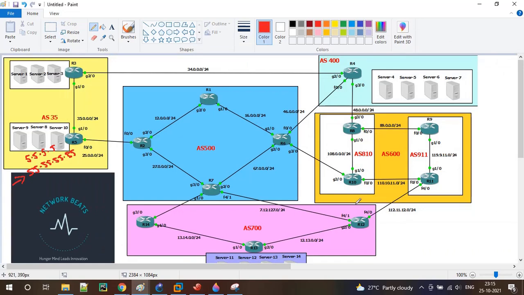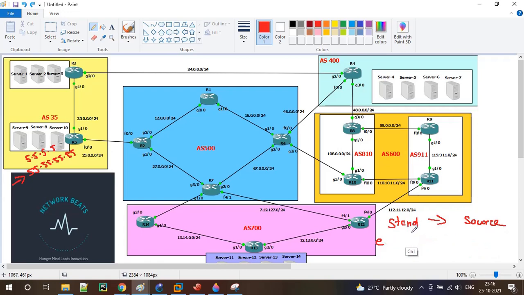In standard, we match based on the source. In extended ACL, we match from a particular source to a particular destination, combining the source and destination values.